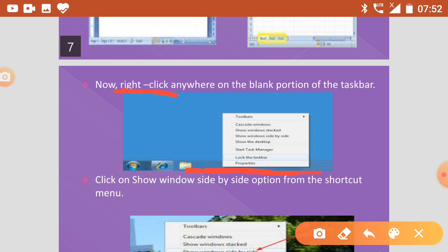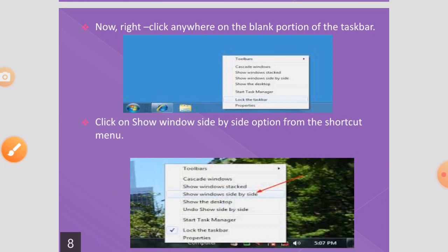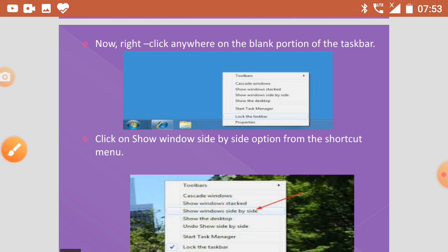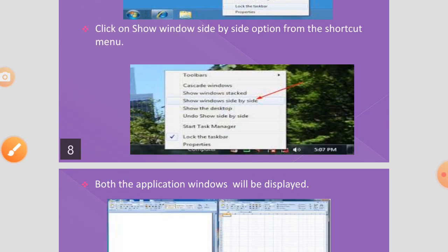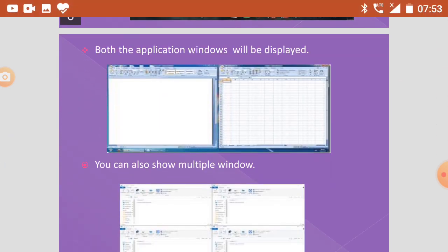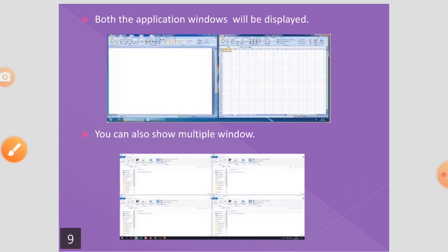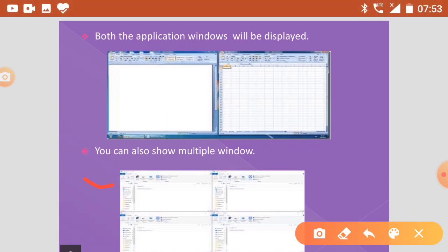In the right click options, you will find show windows side by side. Now click on show windows side by side. You will see that both windows, the MS Word window and the MS Excel window, have been displayed side by side, and now you can do your work easily. You can also show multiple windows at the same time.